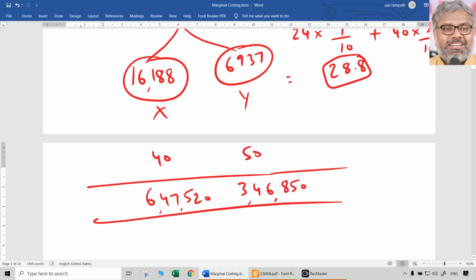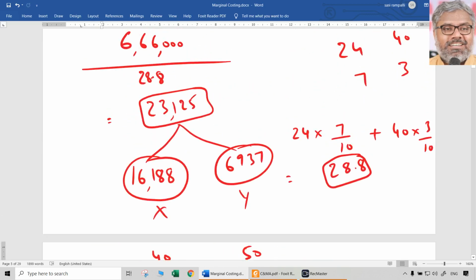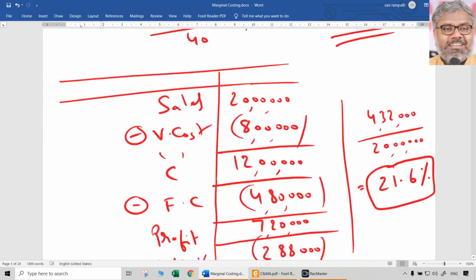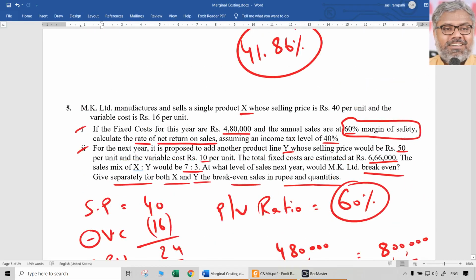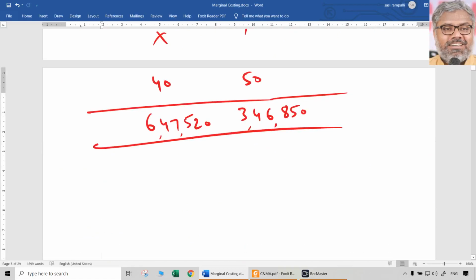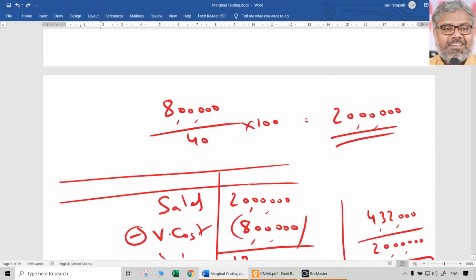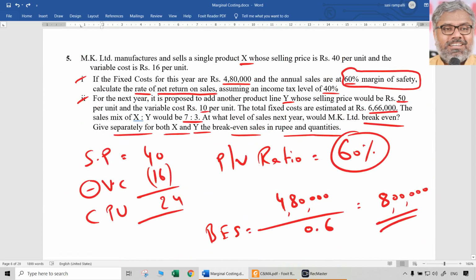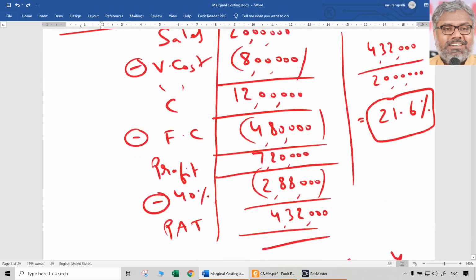Break-even sales, by the way. Imagine if this is the only sales that was done. That means what? There will be no profit, no loss. You can check that also when there is a computation already, just to ensure the accuracy. So if this is the break-even sales, how much will be the contribution? You can check by taking the PV ratio of each of these products, X and Y. So what will be the PV ratio for X? That we know already. PV ratio for X was 60%. And what was the PV ratio for Y? When contribution is 40, 40 by 50 means 80%. So 60% and 80% are the PV ratios.